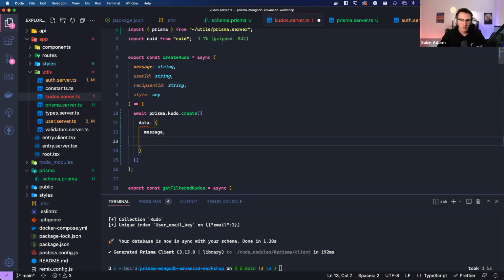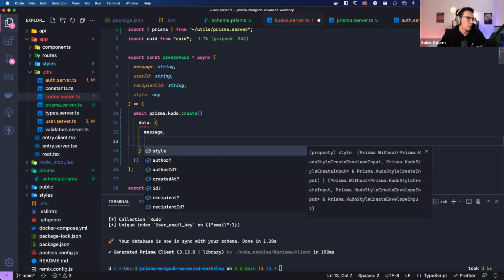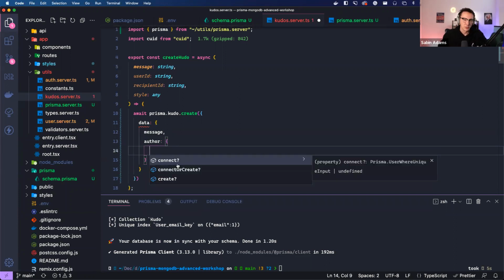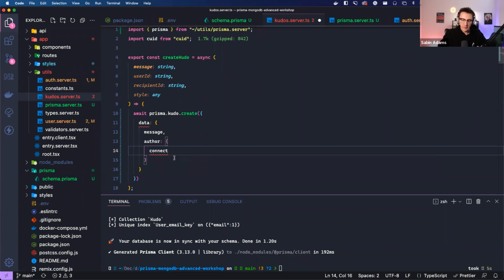To add those, there's actually a really simple way to connect those with the Prisma client. If you hit Control Space, you can see all of your options here. I'm going to hit author, and that'll be an object. And then we get these options. We can either connect to an existing author. We can run sort of an upsert where it would either connect to an existing author or create it if one didn't already exist. Or we can just go ahead and actually create a new author here without even looking for an existing one. The one that we're going to want is this connect option,